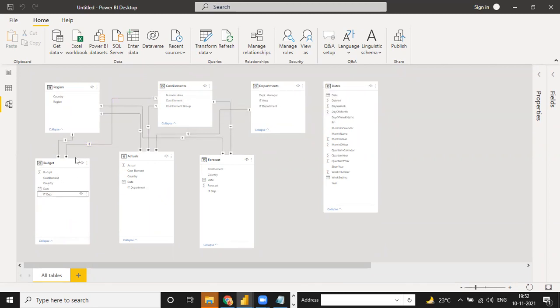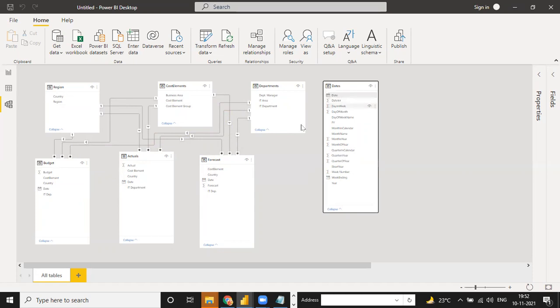See, the third point is there. Now it is connected. And see, in the actual table you have the IT department, and it is automatically connected. Same way in the forecast also, IT department to IT. So now every fact table should be connected with these three. And now one thing is remaining, which is this date. So you can just select this date to this date.